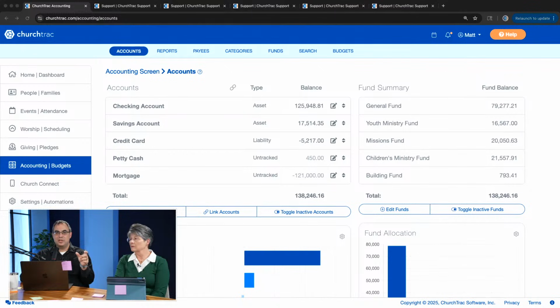Your mortgage principal is still a budgeted category, and that will still be reflected because you're paying that out of your checking account with that category in your fund. And so that's going to show up on your budget. But your adjustments to your untracked account are not going to be on your budget.